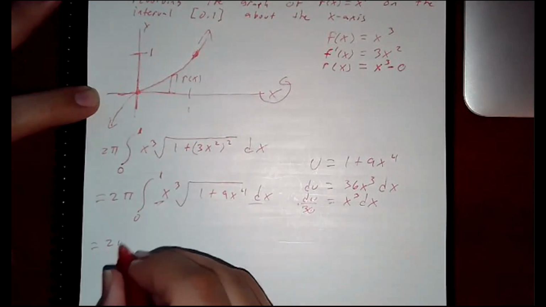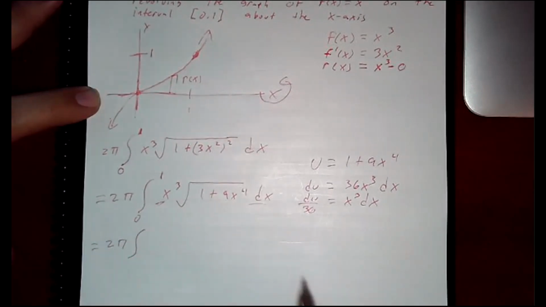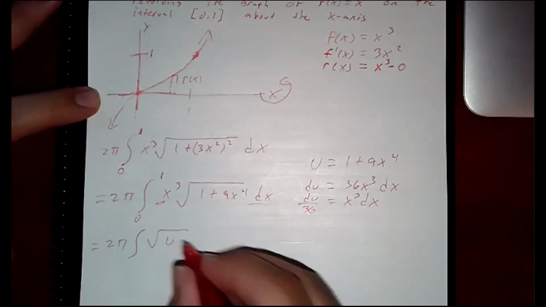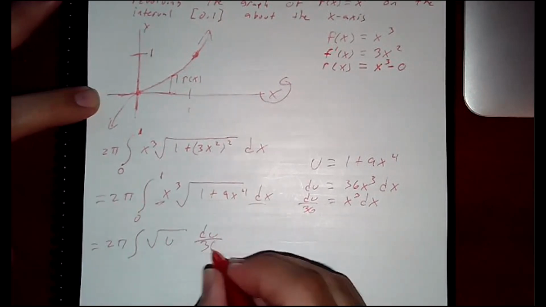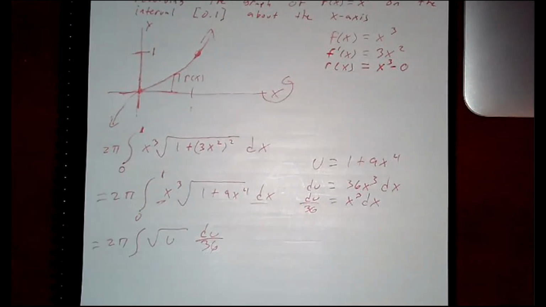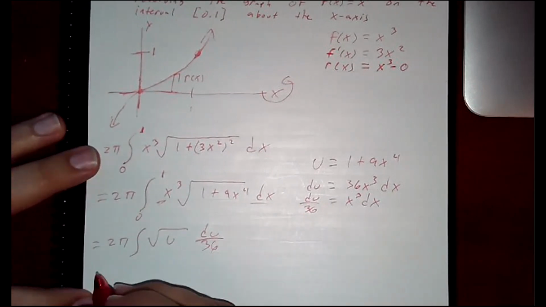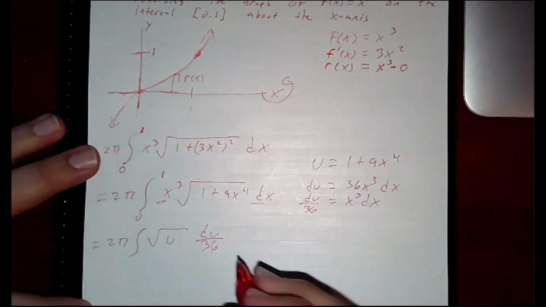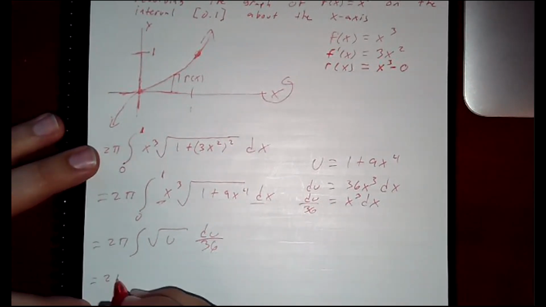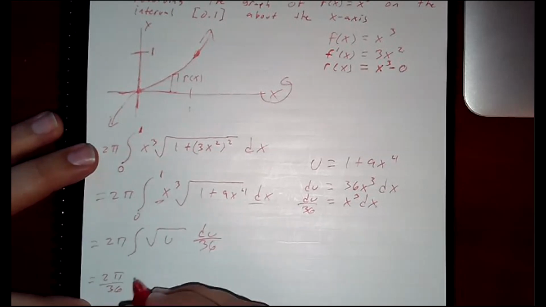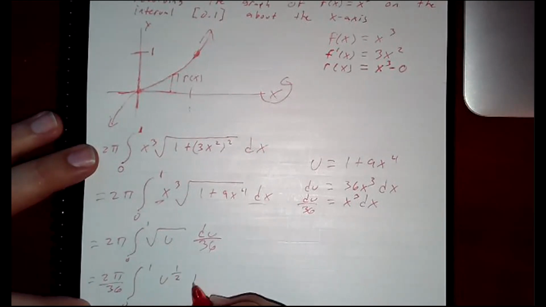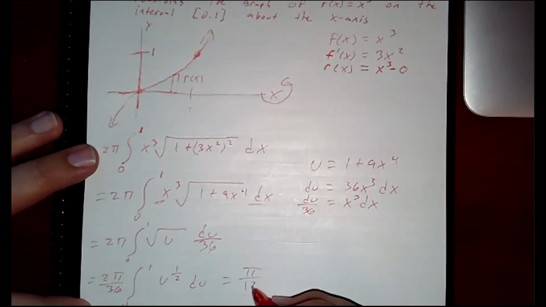So my integral will become square root of u du over 36. Bring out the 36, and change this to u to the 1/2 du, which will give us pi over 18 times